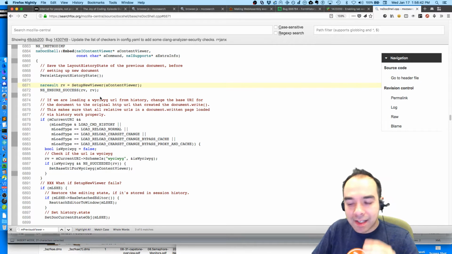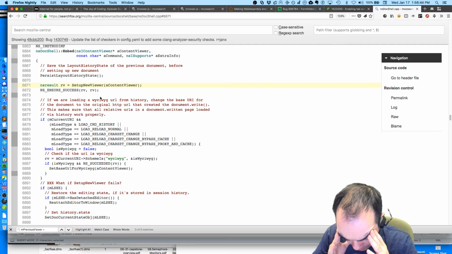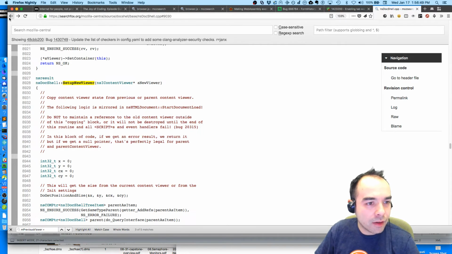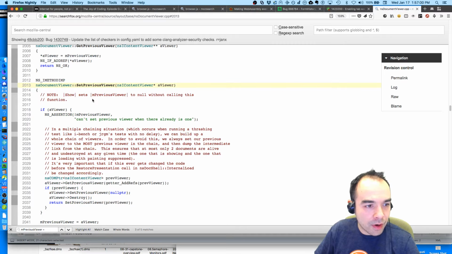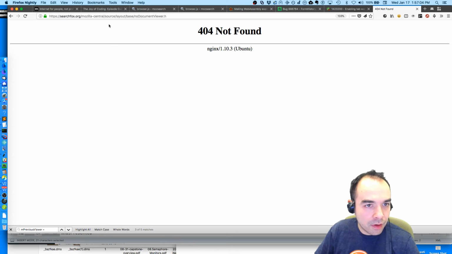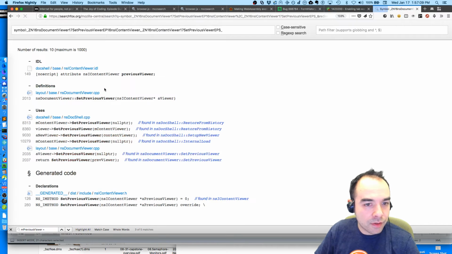What if we're asking, what are these things? Content viewer, set previous viewer is an nsIContentViewer, which is a document viewer. And a document viewer, what does a document viewer have? nsDocumentViewer, search function set previous viewer, document viewer.